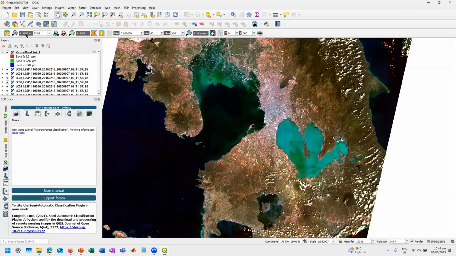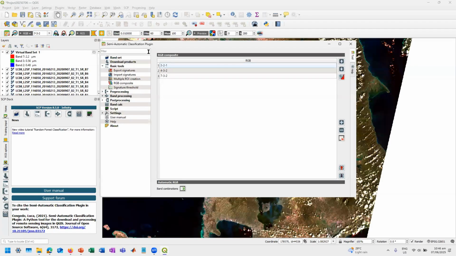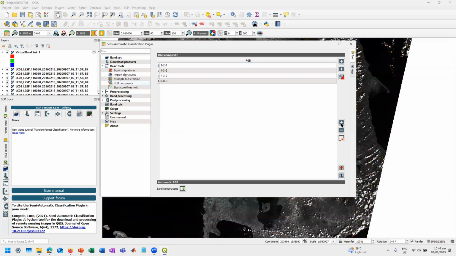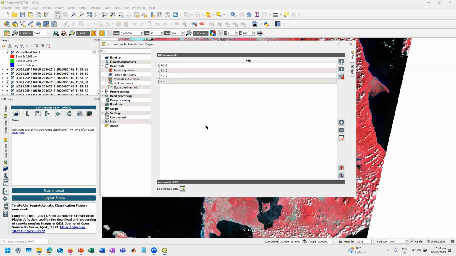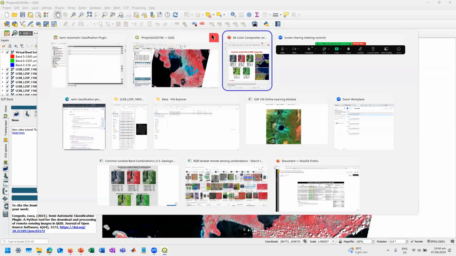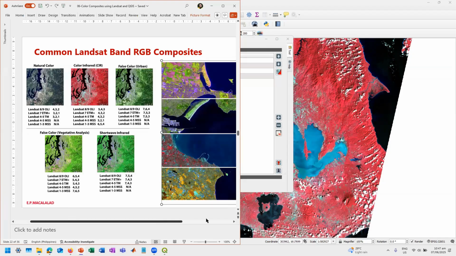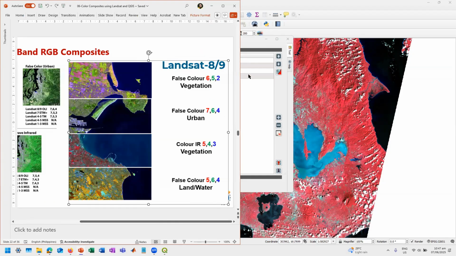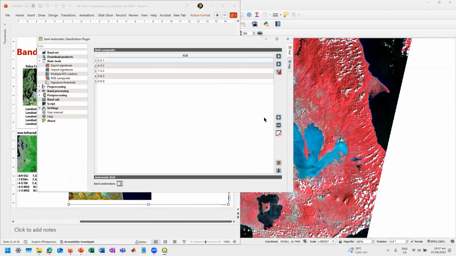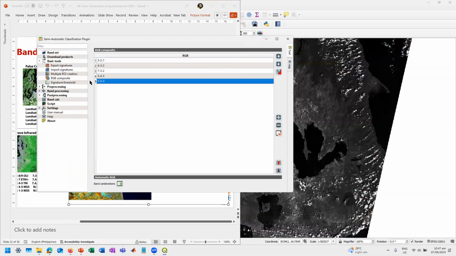So if we want to add more, you can just go again to the semi-classification plugin. Then we'll just have to add, so basic tools, RGB composite, just add, let's say, 543. Ito na siya. Okay, and then let's see, ano pa ba yung iba dito? 652. Add 652.